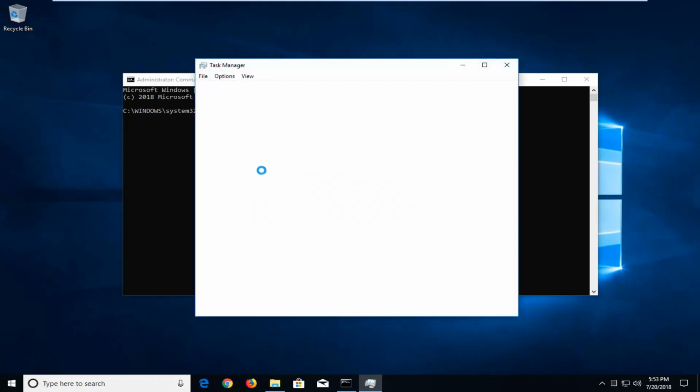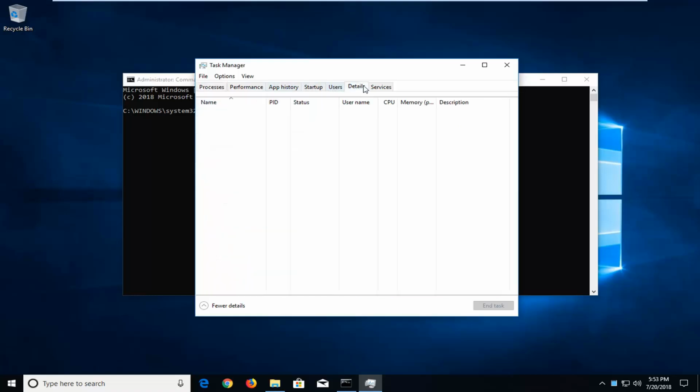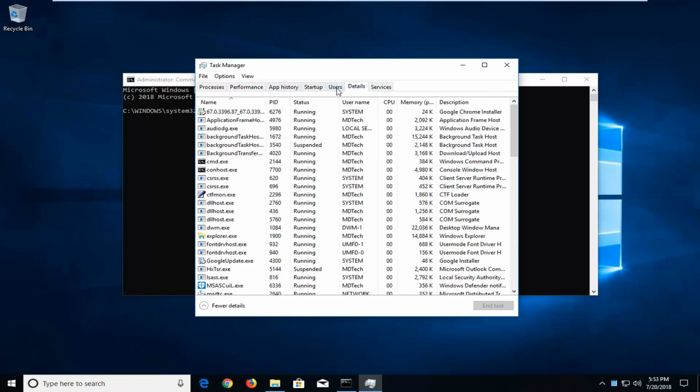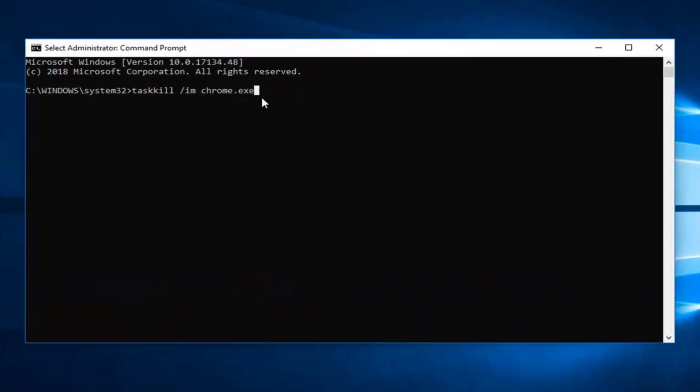So if you open up the task manager here, and I'm assuming most of you guys know how to do that, and you go ahead and look for any details. You should have a name of the process in here. So pretty straightforward. And then you just type a space after the .exe, so there'll be a space after